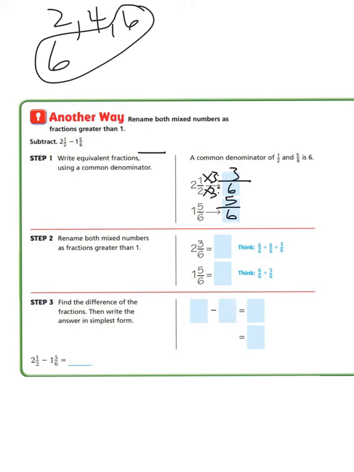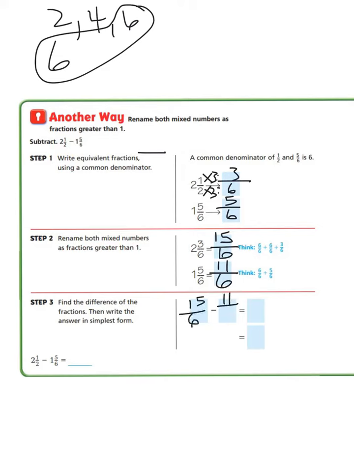So let's look at step 2. It says to rename both mixed numbers as fractions greater than 1. So we know that we can do 6 times 2 is 12, 13, 14, 15. So it would be 15/6, and then 6 times 1 is 6, plus 5 is 11/6. And now we can simply subtract it out. So we have 15/6